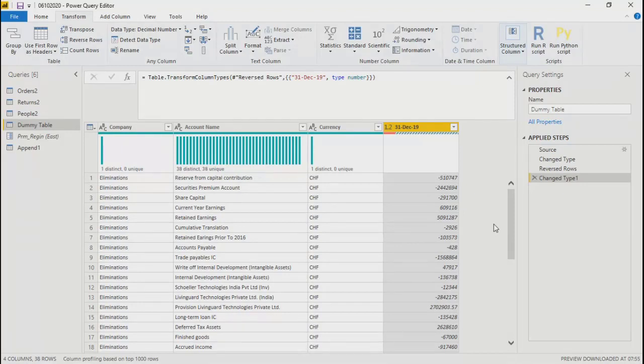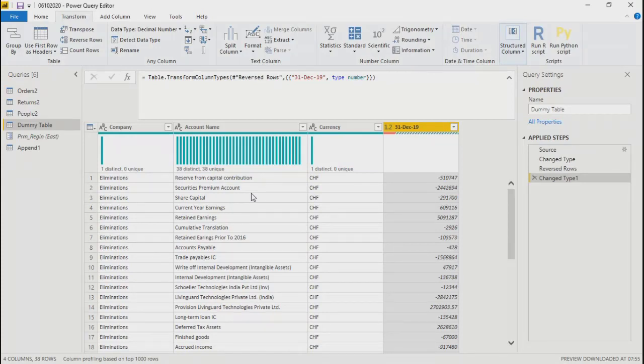Everything comes as text, whether it is your measure or your dimension. In that case, it is very important to convert the fields into their original format. For that, you select the column and click on detect data type, and Power BI will automatically find its native data type and show you the values in that format.